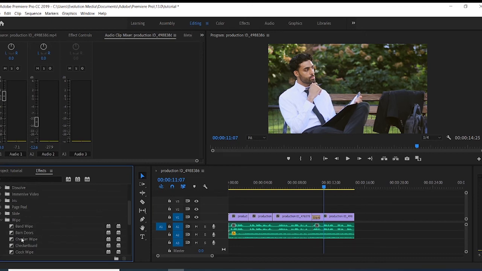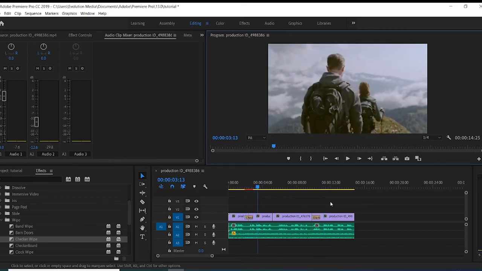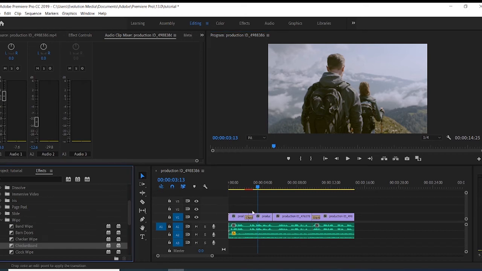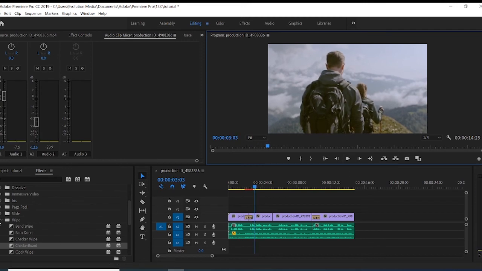This wipe, you can drag this one here. Let's see how it works. This wipe doesn't work here. You can go for another one. No, that one doesn't work as well. It's not that it's not working well. It's not really showing what we want. But there are many transitions you can use that will show you what you want.